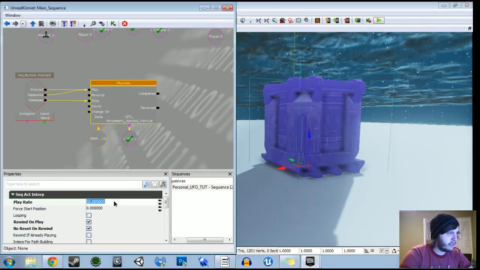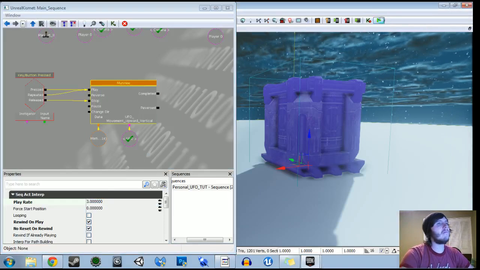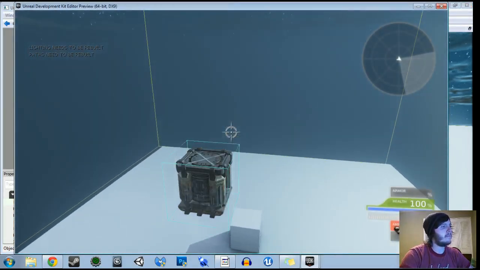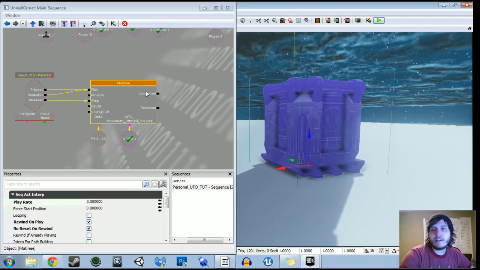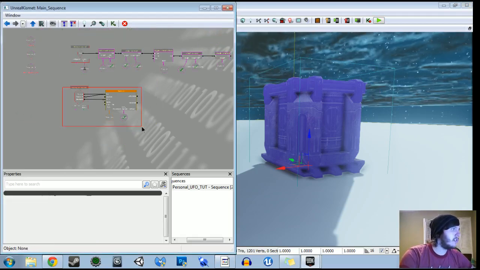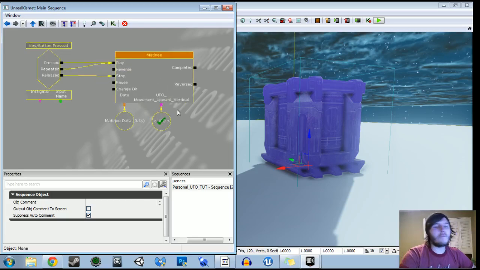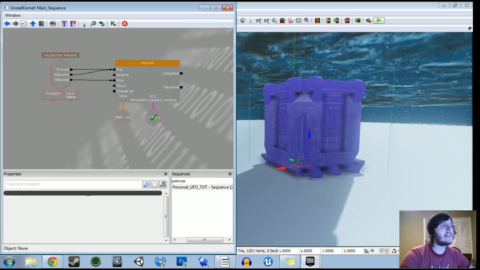So let's just change the play rate again to like 3. And now that's a good enough speed. So we got that set up, which is fantastic. So what we're going to do next, we're going to set up all directions at this point. So it's going to get a little confusing towards the end, but so far we got lifting working. So we're going to do the same thing, except now we're going to do it so if you want to